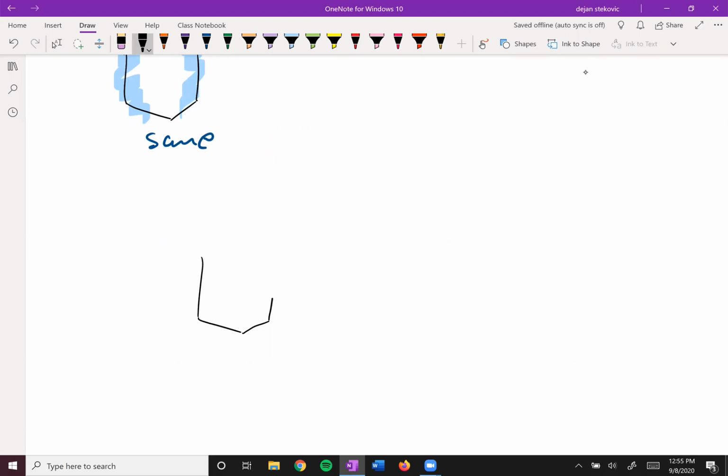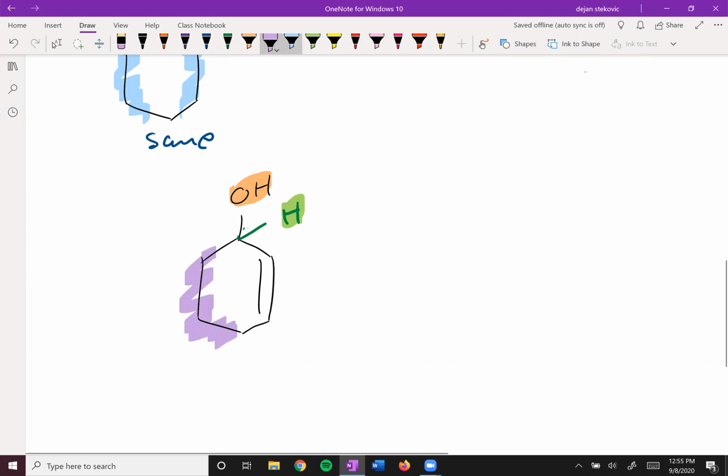So for example, if we had a double bond here, let's take a look at it now. We still have this hydrogen here. We have this alcohol up here. And then we have this kind of alkane section over here, and an alkene section over here. So now they are different. And so this molecule, or this carbon right here, is indeed chiral. So again, really just take a look at the molecule. What you want to identify is a carbon, an sp3 carbon with 4